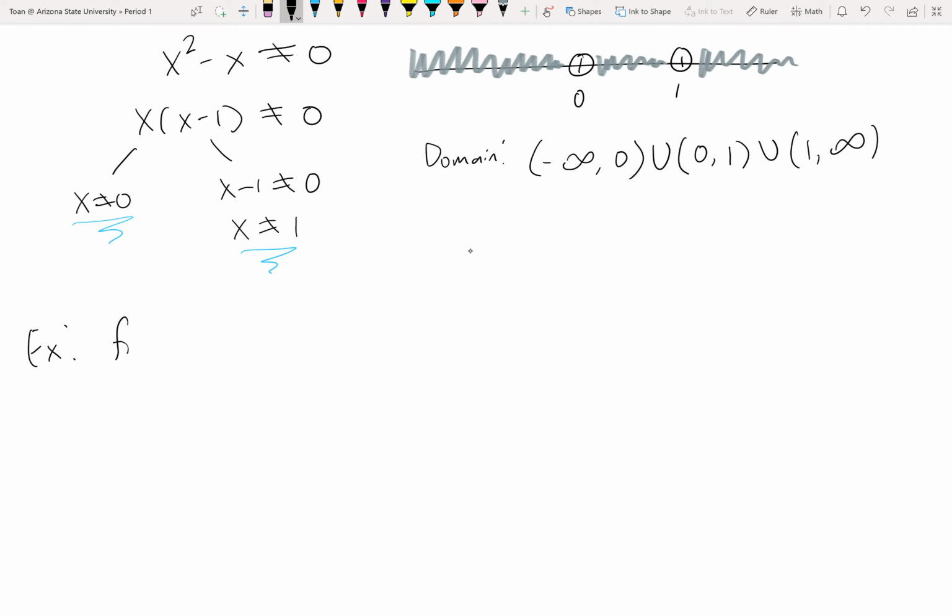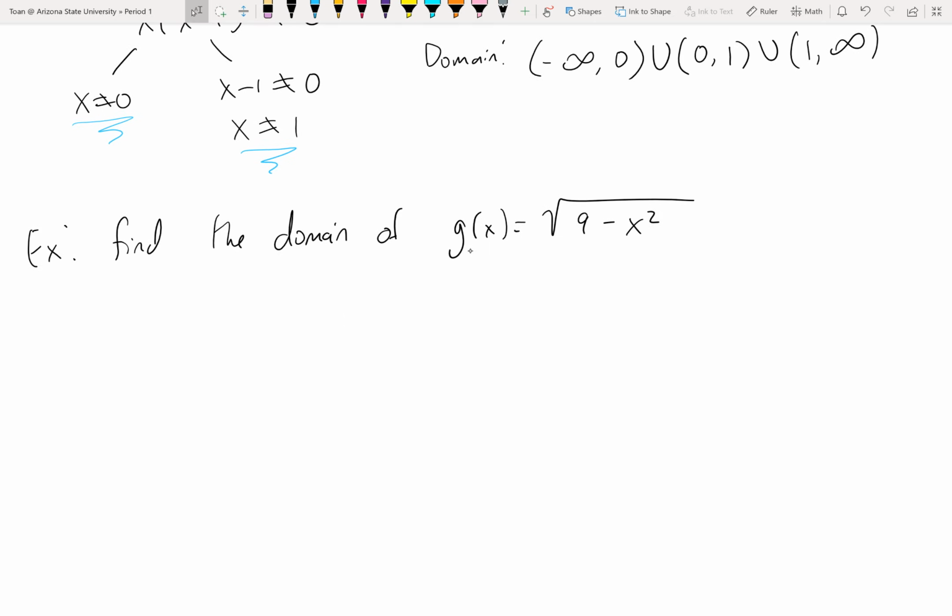Let's find the domain of g of x equals the square root of 9 minus x squared. I hope I chose this example, obviously. What's the one thing that we need to prevent? What could potentially be bad in this situation? Square root of a negative number. So do you guys agree? What we want is the stuff inside of the square root to not be negative. That's what we want, right? In math, to not be negative